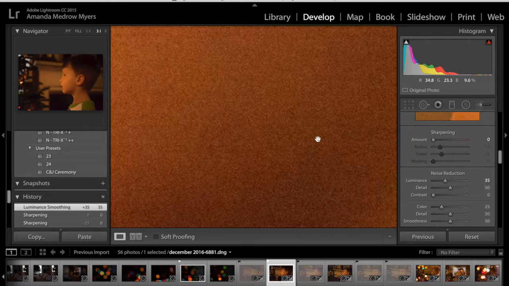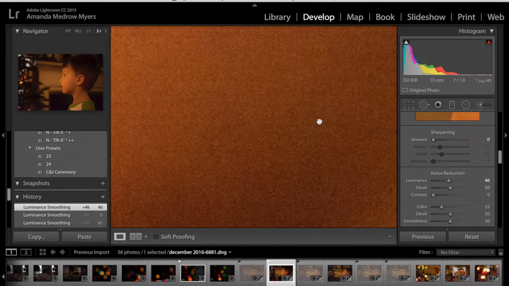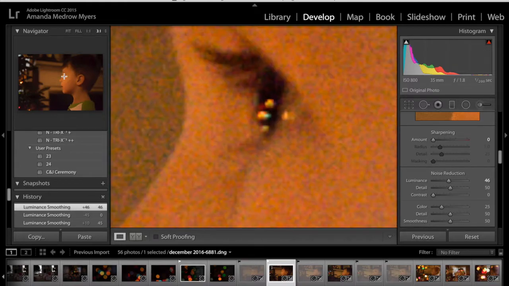So you can see here, still kind of noisy, not too bad actually. I might be able to move that up a little bit more. So this is at luminance of 45, which is really high, and that's at 0. I just tapped it back to 0. Yeah, that looks terrible. So let's go back to 46. So that makes a big difference. That looks nice. But if I go back to his eyeball,